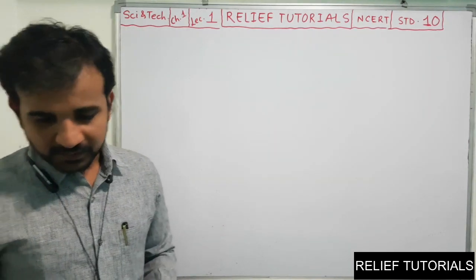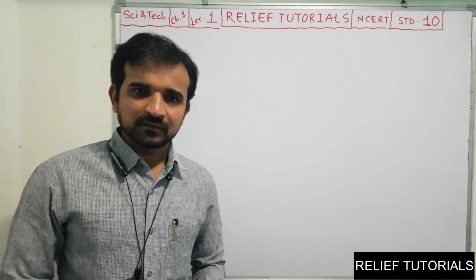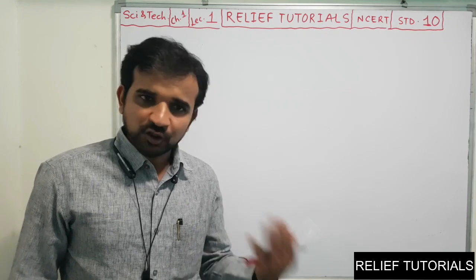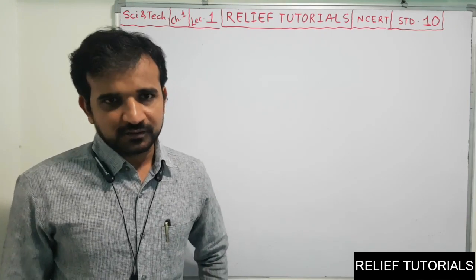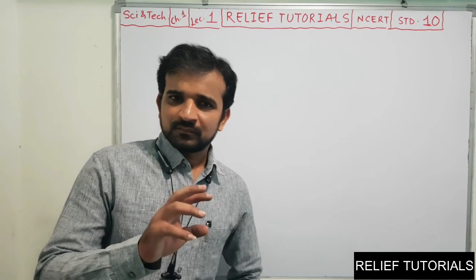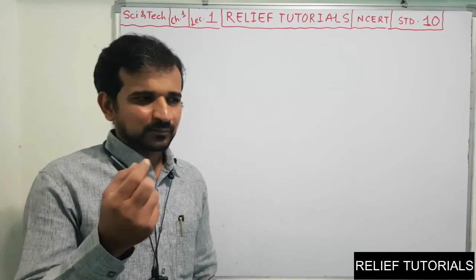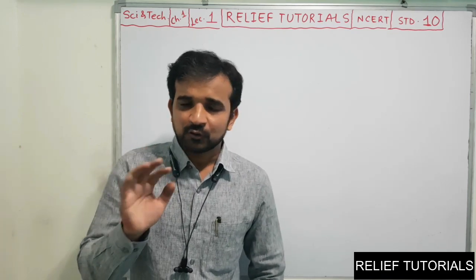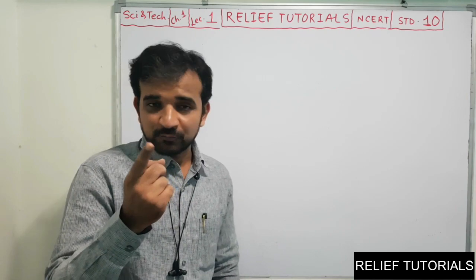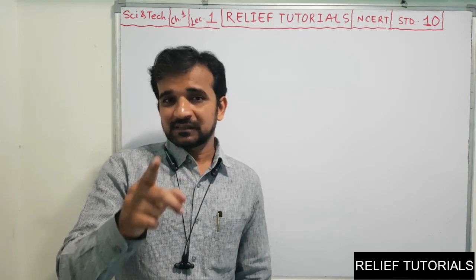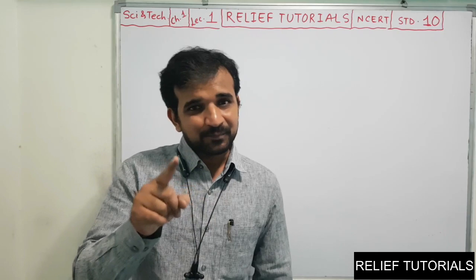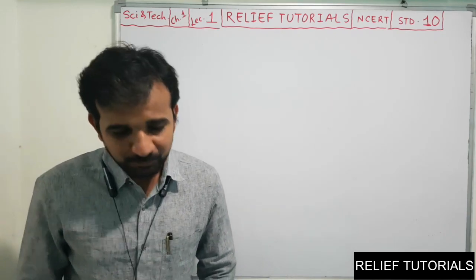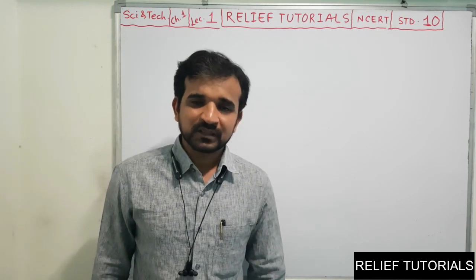In the next lecture we will start with how we can represent a chemical reaction in the form of a chemical equation. We will learn how to write chemical equations. Till then, just to recap 9th standard terms like element and compound, go through the definitions of element and compound. Go through the ionic forms given in this classroom as well as in your 9th standard textbook: Na+, Cl-, Mg2+. Just go through these types of ions. It will help you to write the chemical reactions. Till then, best of luck.